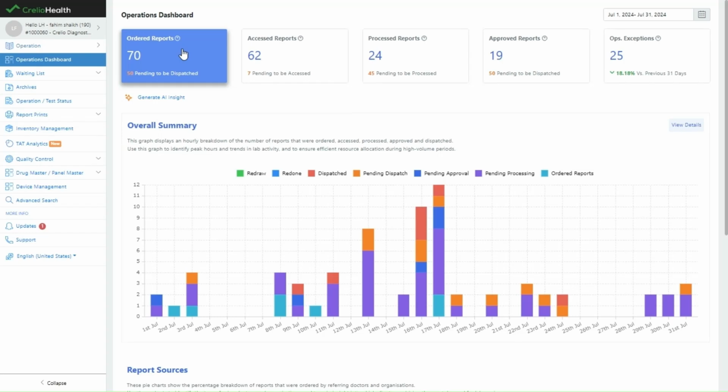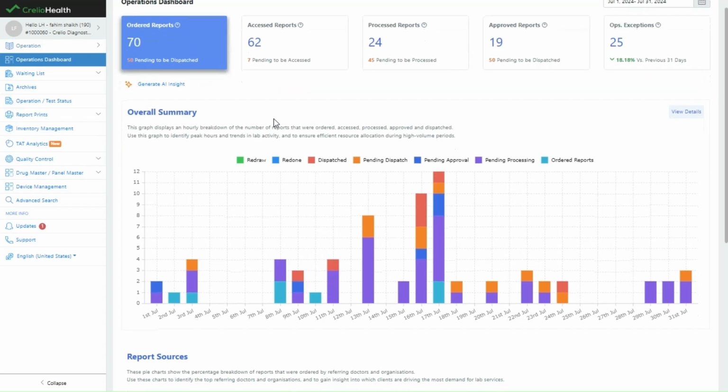Ordered reports. This section provides an overview of all tests that have been ordered within a given time period. It includes reports in all stages such as completed, pending accession, and pending approval. You can use this section to track the status of all ordered tests and identify any pending tests that require